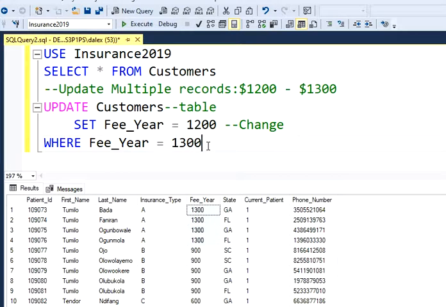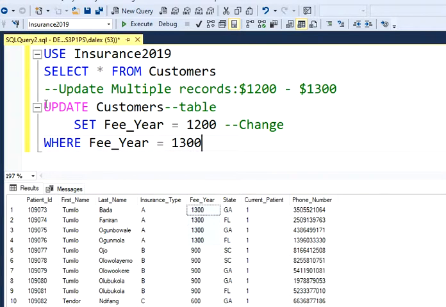So we're basically going back to the original table, right? The way it was before. So I'm going to set a value which is 1200 as it used to be, where my fee per year is 1300. This was the change that I made. Okay,